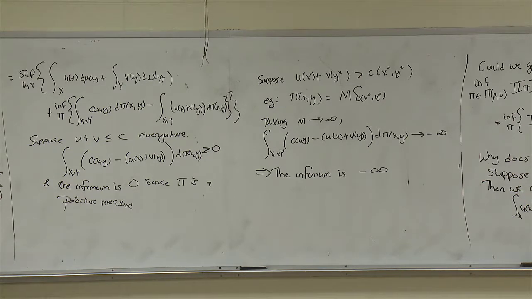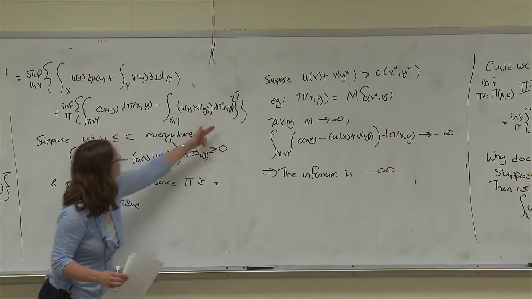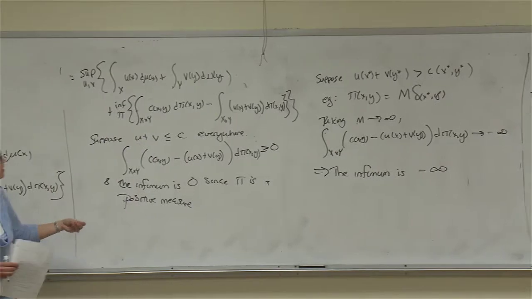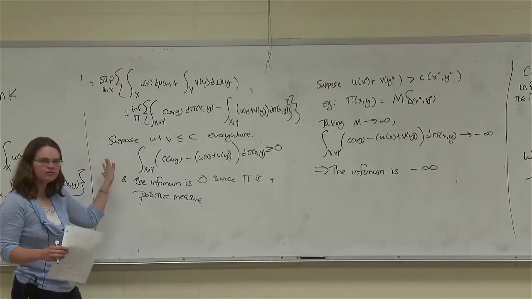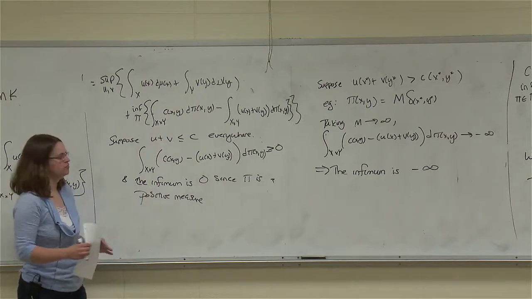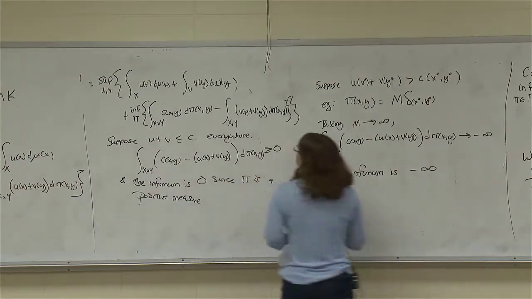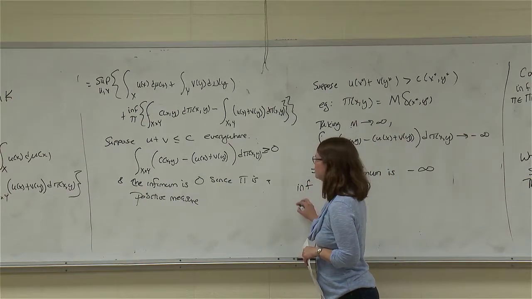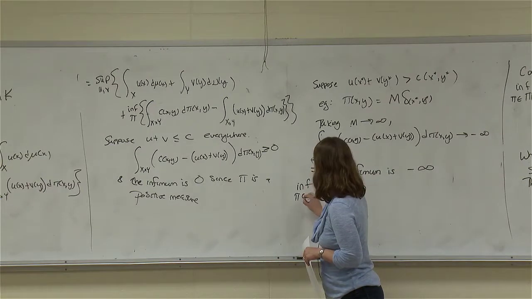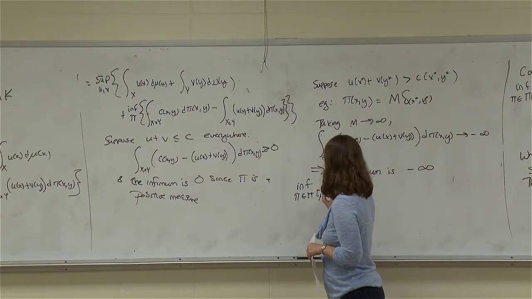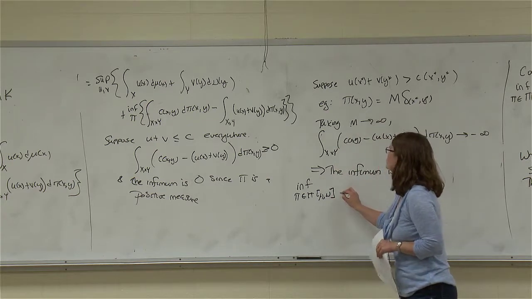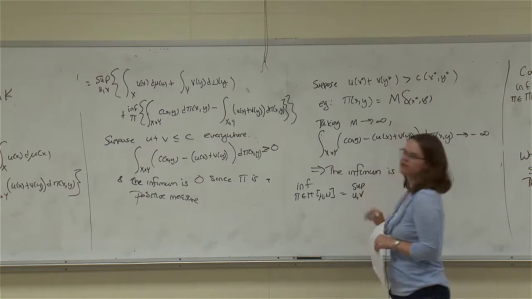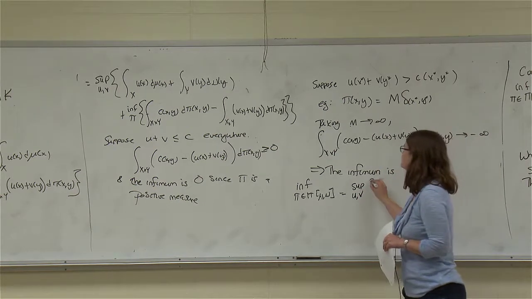Okay, so what have we done? We've taken this infimum here, and we've said there's two things that can happen to it. There's only two values it can have. If we live in our constraint set, this infimum is 0. If we don't live in our constraint set, the infimum is minus infinity. Okay, so if we go back to our problem, that means that the thing we started with on the left-hand side is equal to, now we come to here, the supremum over all u and v that are continuous functions of